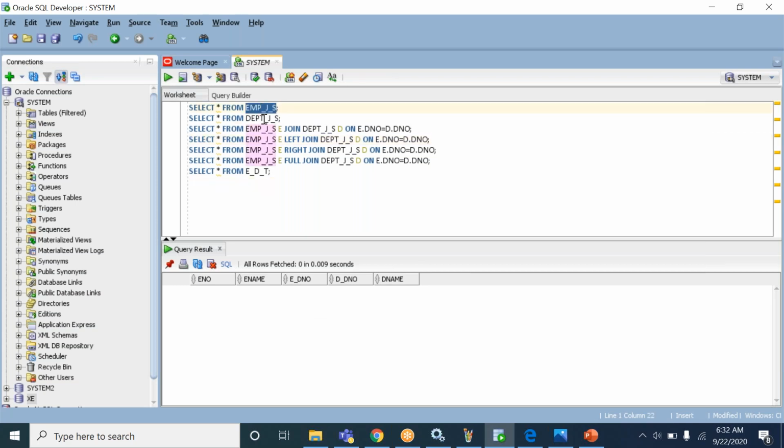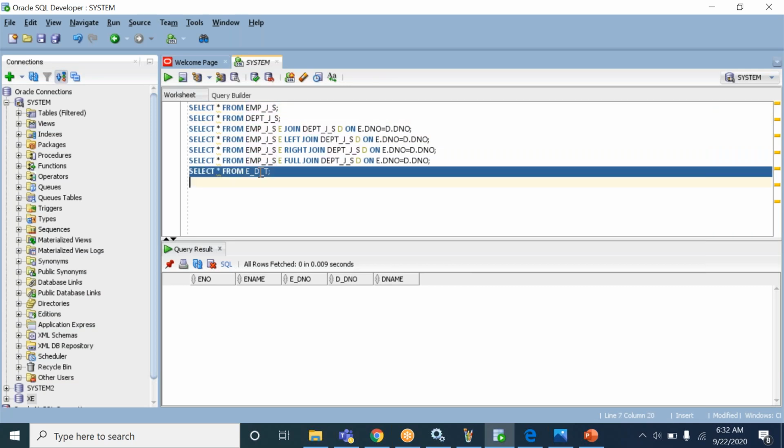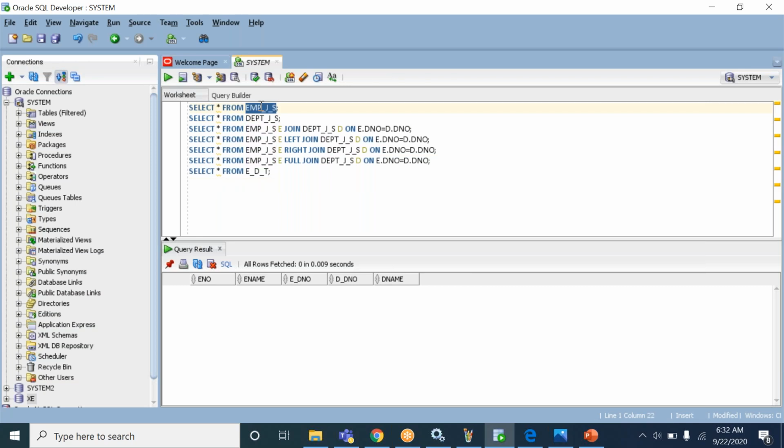Now we have two source tables. Employee is one source, department is another source. Okay, and this is the target table. So we start importing the source